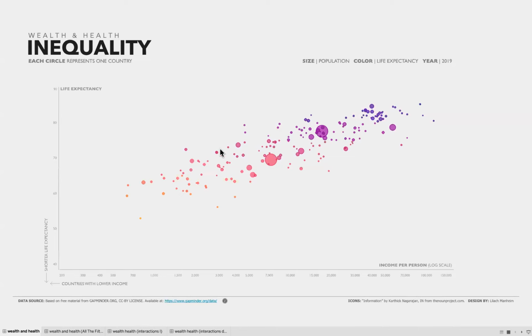And so here the scatter plot is really the star of this page. It shows the income per person along the x-axis, and then it shows the life expectancy along the y-axis. Each of these circles represents a country in the world, and it's sized by the population of the country.